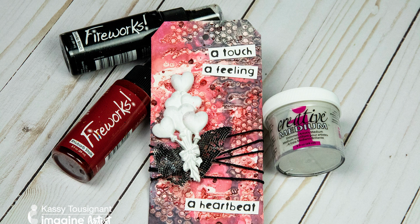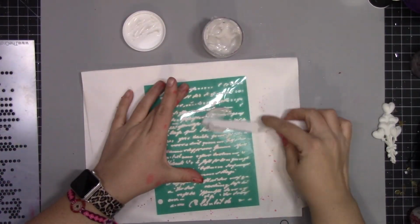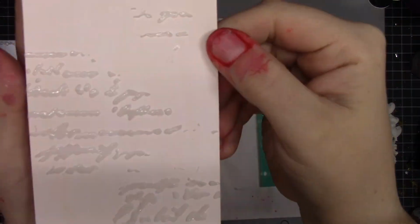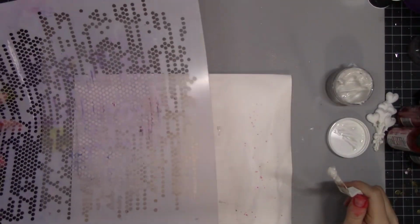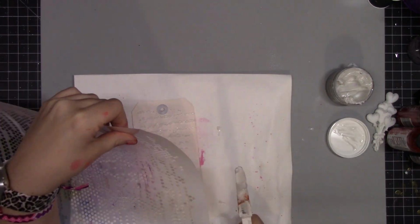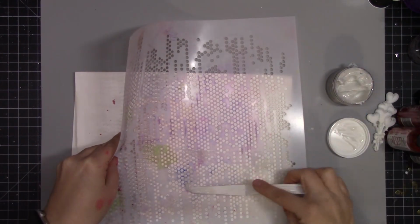Today we're going to make this fun mixed media tag using some fireworks spray and creative medium in shimmer. So I'm starting with a couple of different stencils and I'm just going to apply each one separately. We've got that scripty thing, and then we have just some dots. I thought that they would look nice together and provide a little bit of fun texture to the background of